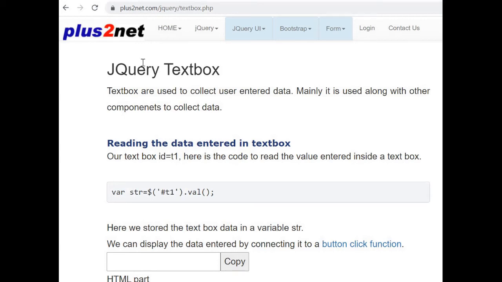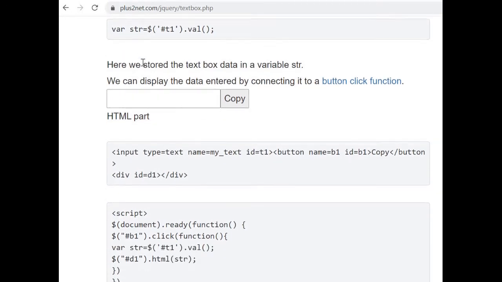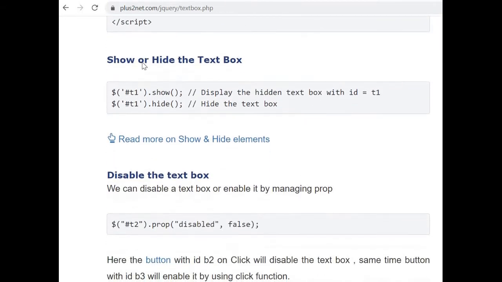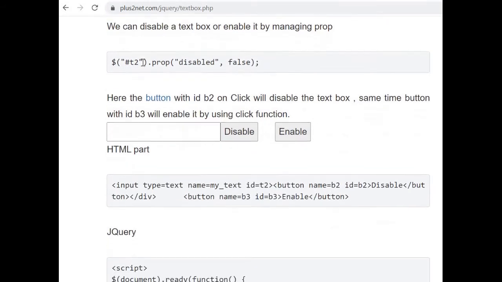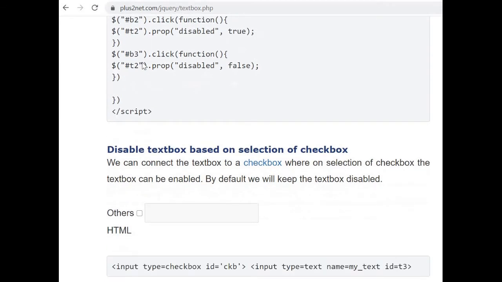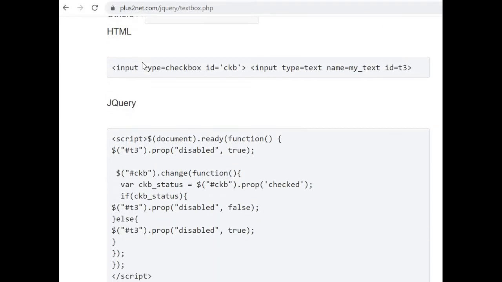We'll learn step by step the events, properties and functions associated with the text box and try to develop an interactive text box to handle user inputs. Our text box must be able to validate the inputs and prompt the error messages if any. In part 2, we'll learn how to pass the user entered data to a backend script for updating a database etc. and get back the message if any.